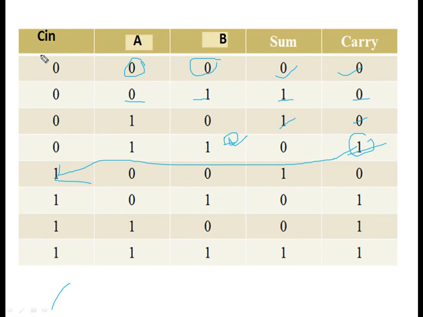So we have three inputs, that is carry in, A and B. This carry is acting as an input. Now you have to add all these: 1 plus 0 plus 0, what do you get? 1 plus 0 plus 0, sum is 1 and carry is 0. Now you have to take this 1 as a carry only. Because this is an OR gate, we are implementing the two half adders with an OR gate.